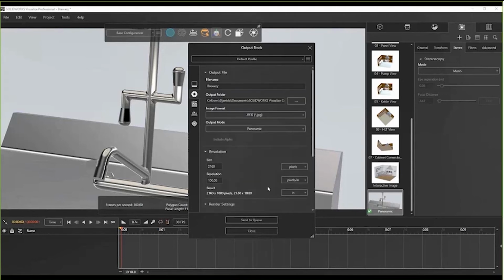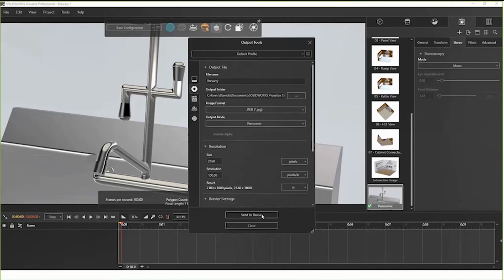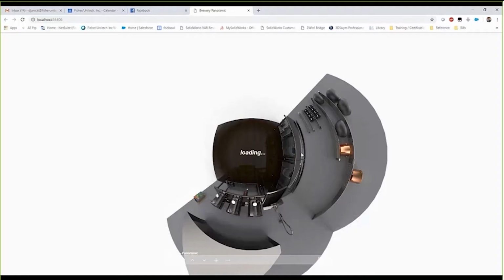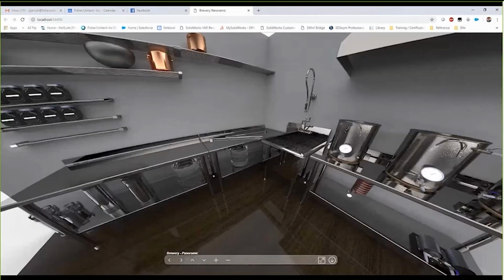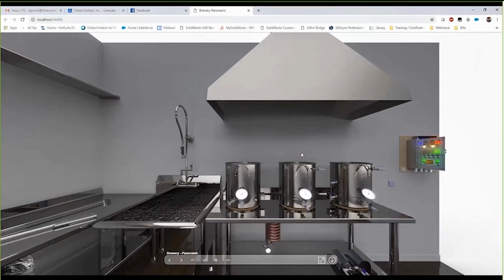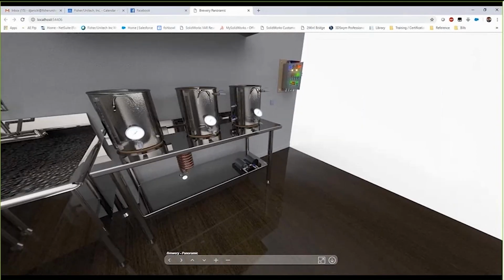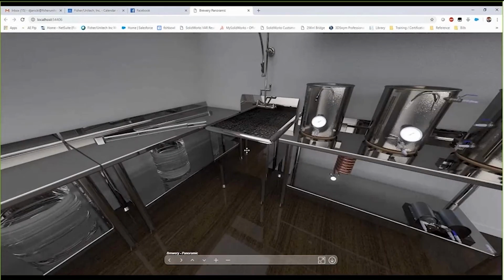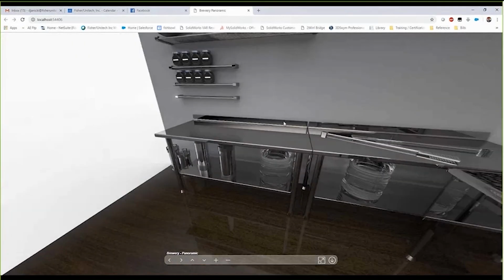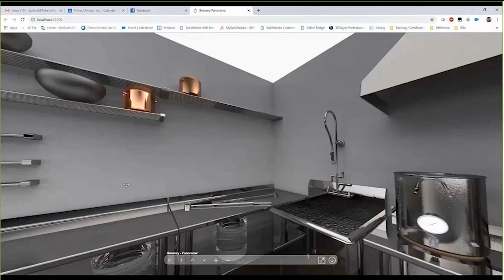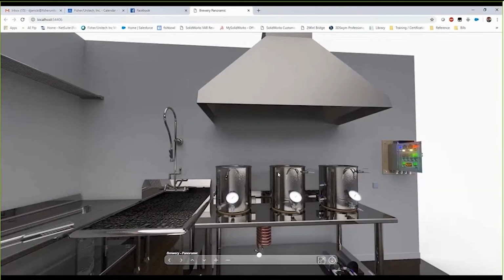Again, I'm going to just check my specifications to make sure everything looks good, and then we can kick that off to the queue and end up with an image that looks like this, right? It's basically going to shoot you down in here, and now I can spin around. You can actually add additional camera points. Right now I only had one, but you can have additional camera points in other locations so that you can snap to those different